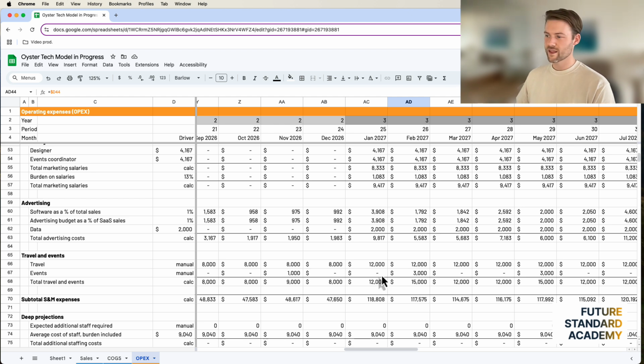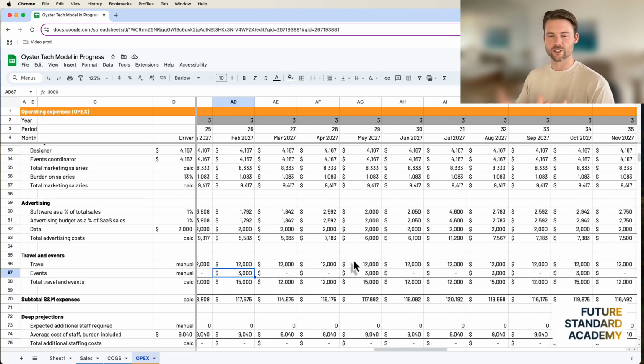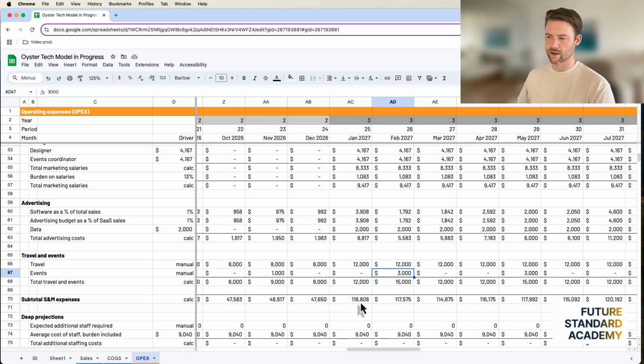Also in the data room. So these costs are going to step up. These travel costs and event costs are all going to step up in a somewhat looser connected way to the salaries on the payroll. You can't do a 1-to-1, I can't do a fraction of an event, but you can use some reasoning to come up with a plausible number.